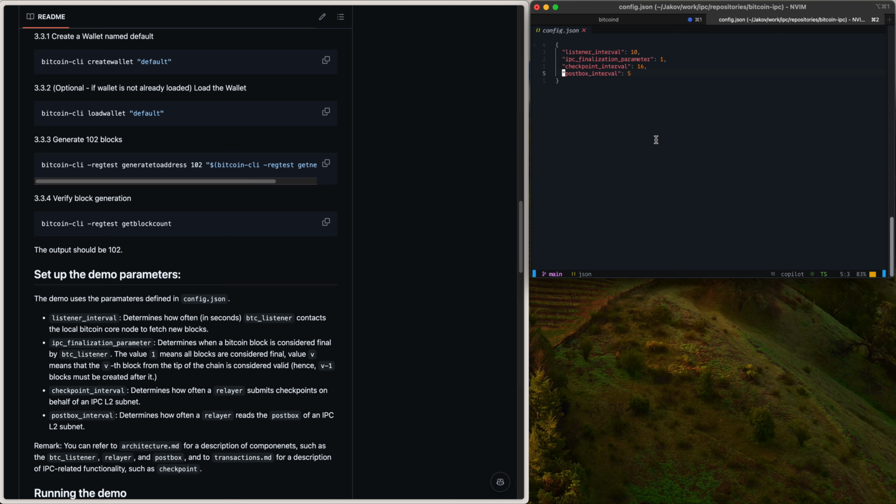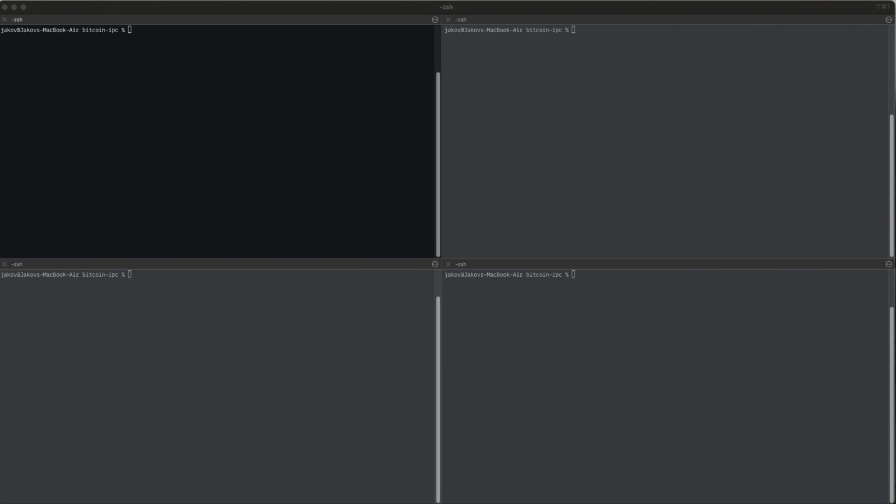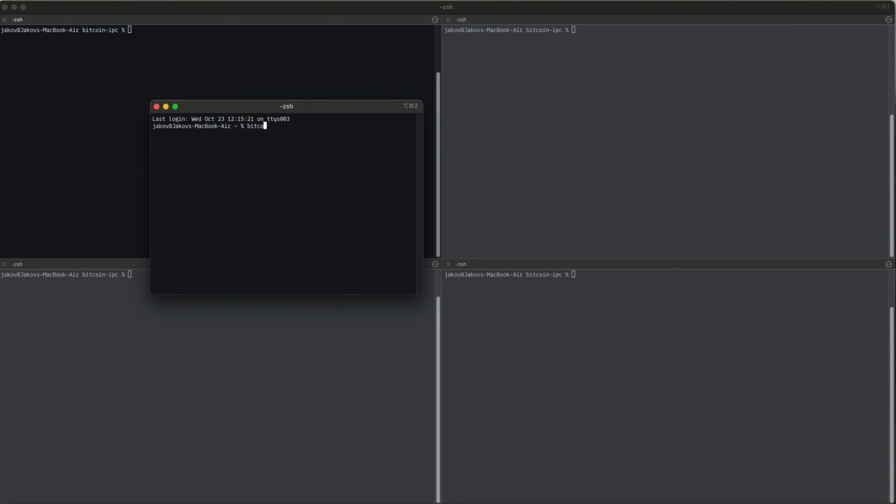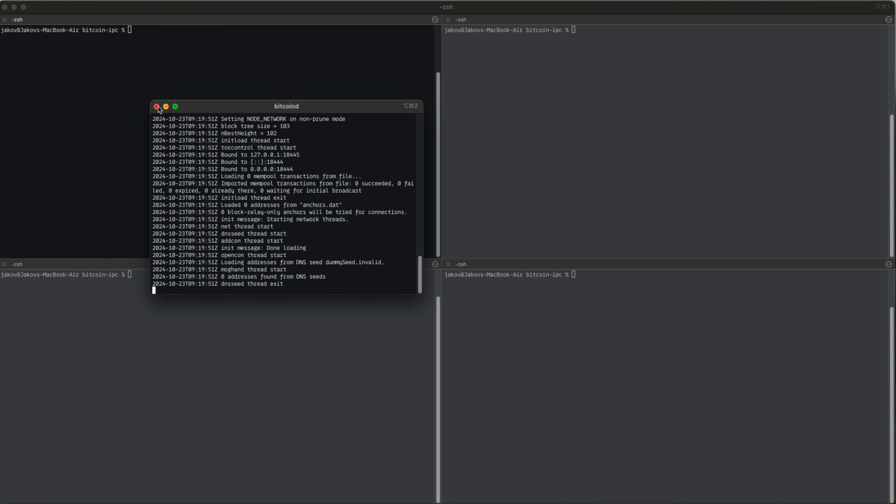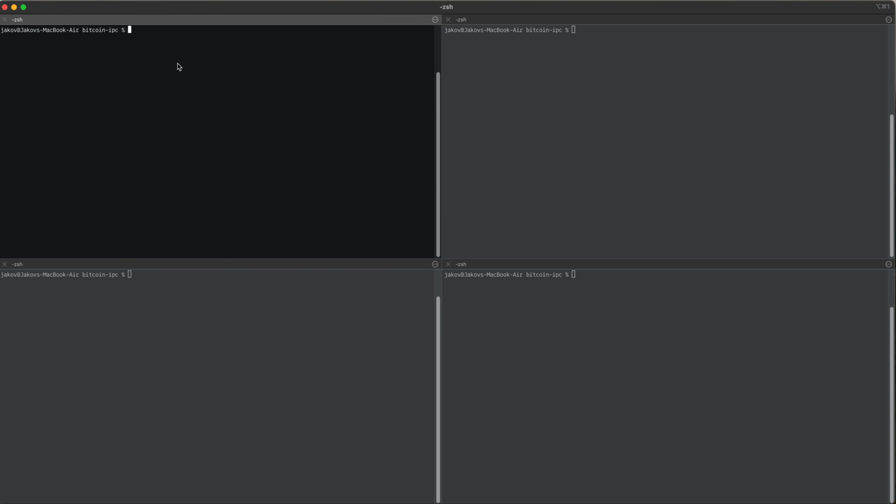In order to execute the demo, we need to set up 4 terminal windows and make sure that you have navigated to the project root. In the case that bitcoind was unintentionally stopped at the previous step, we can open another terminal window to start bitcoind using the same command that we used previously. And we can close that terminal window. Then we can proceed to run